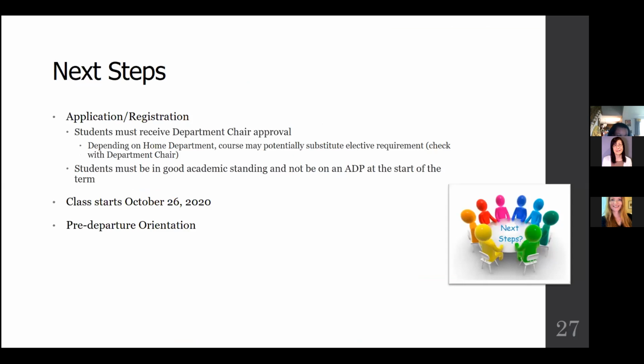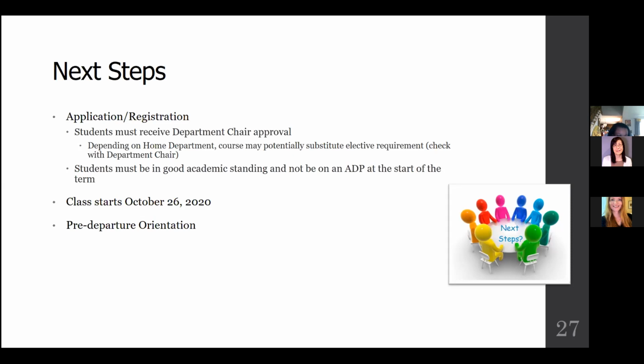Okay, Cindy will go over the specifics more, but next steps will be basically applying and registration. Students must receive department approval. Depending on the home department, the course could potentially substitute an elective requirement. So if you are outside the Department of Applied Behavior Analysis and you're interested in applying, you would need to also check with your department chair to see if this is possible.